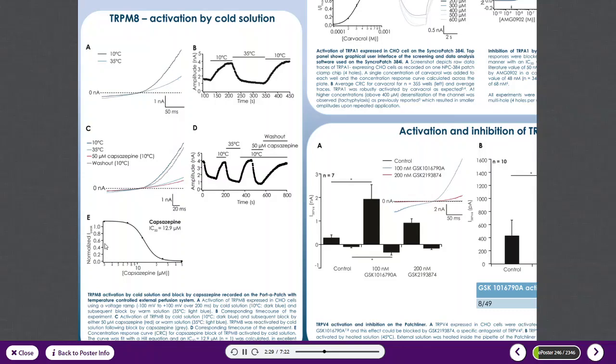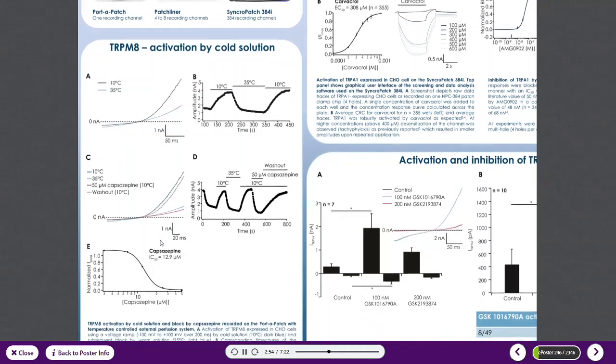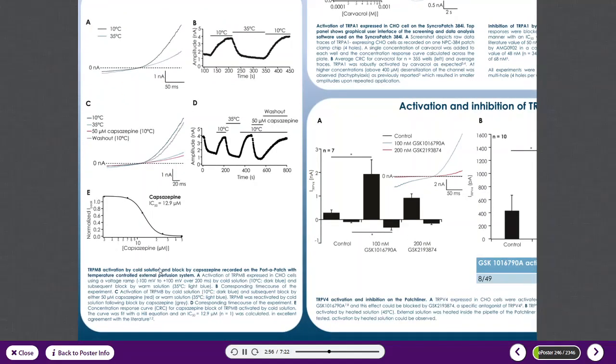In the next experiment, shown in panels C and D, TRPM8 was activated by cooled solution and then blocked by either capsaicin or heated solution. Capsaicin could be washed out and the current recovered. A concentration response curve was performed by adding increasing concentrations of capsaicin at 10 degrees C, which is shown in panel E. The curve was fit with a Hill equation revealing an IC50 of 12.9 micromolar, in good agreement with